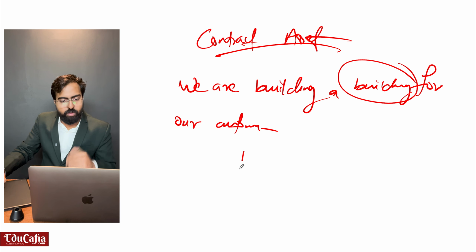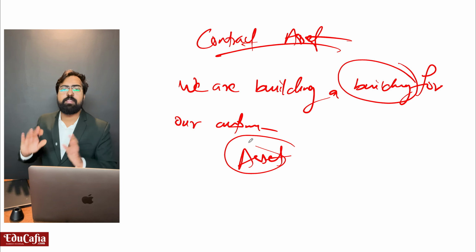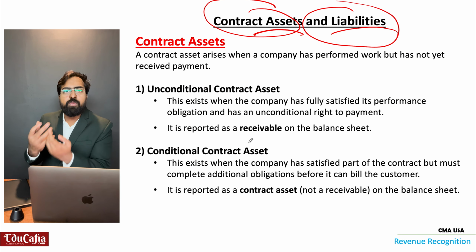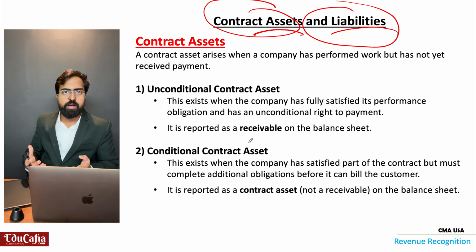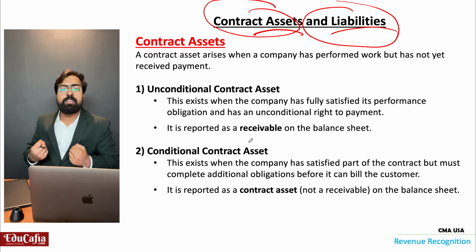It is an asset for me. For my company, it is an asset because tomorrow if I sell this building, I will get payment. So it is an asset for me. But